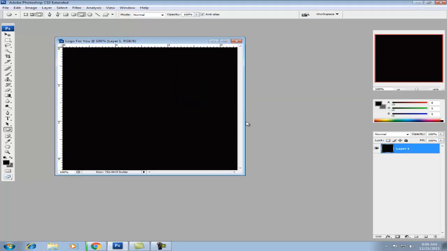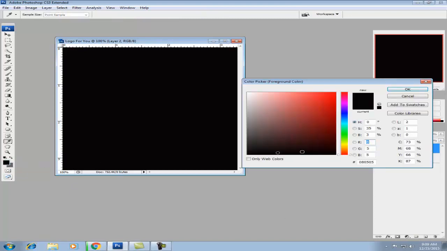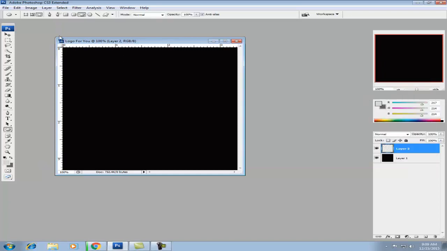It shouldn't be colored with the black because that's your background, so it can be seen. Another layer, gonna fill it with white. Okay, I mean gray. I want it to be gray because I'm a gray fan. And this should be fill pixels, normal, opacity 100%, and anti-alias. So okay, draw a circle again.